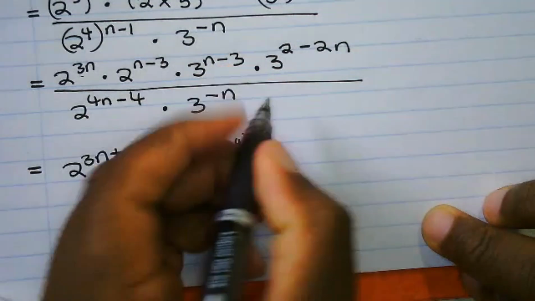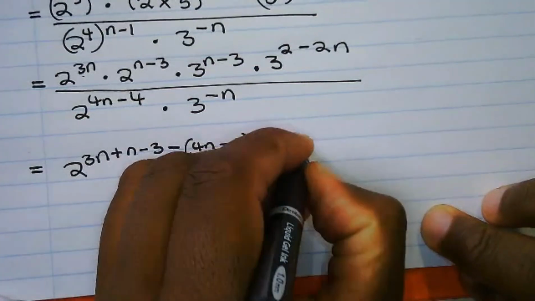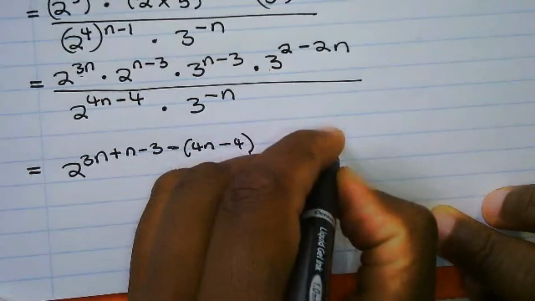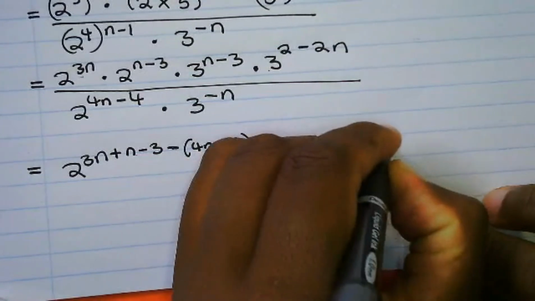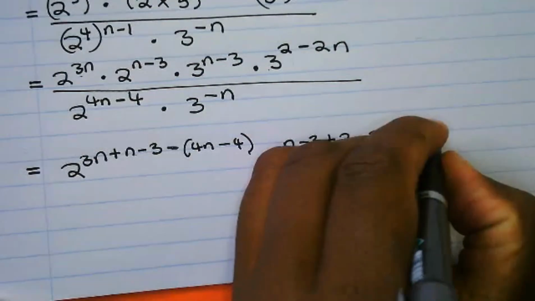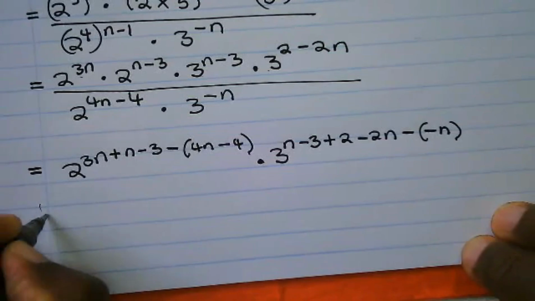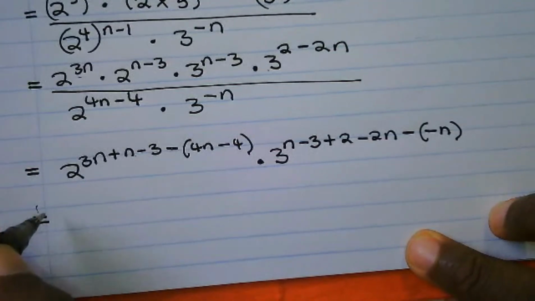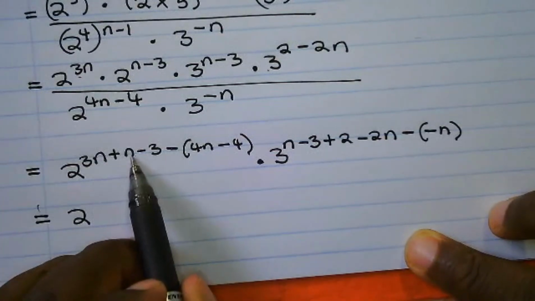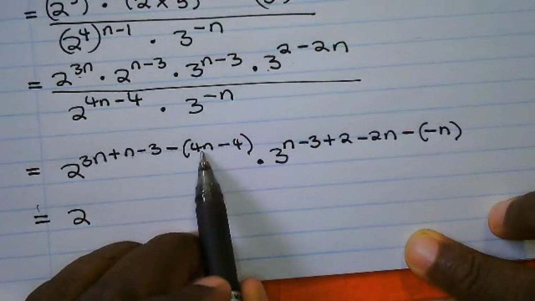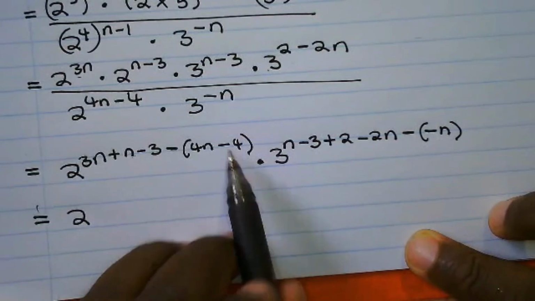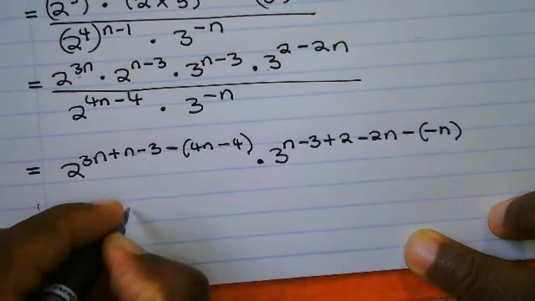We have n minus 3 minus 3, and then they're multiplying, add the powers, so plus 2 minus 2n, and then this is being divided, so it's minus, it's a negative there, negative n, and this should be equal to 2 raised to 3n to make it 4n minus 4n, that's a 0, and then negative 3 minus a negative 4, that gives us a 1 there,